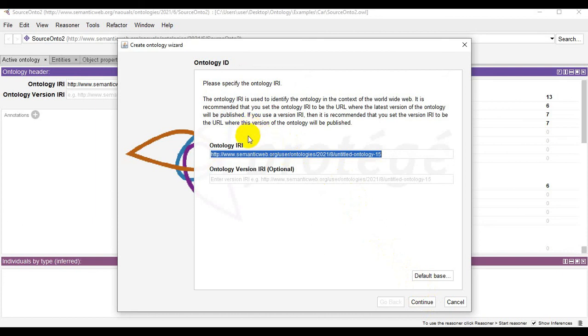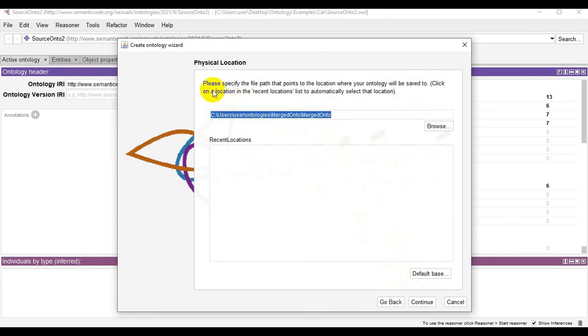Here we specify the ontology IRI, which is the identifier of our ontology. We can name it merged onto. Press continue and specify the location.